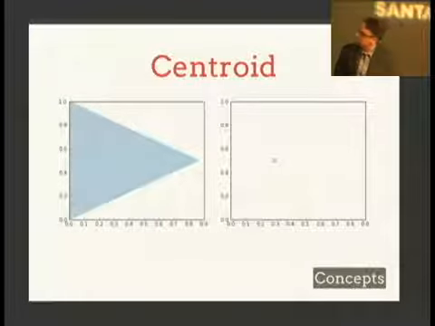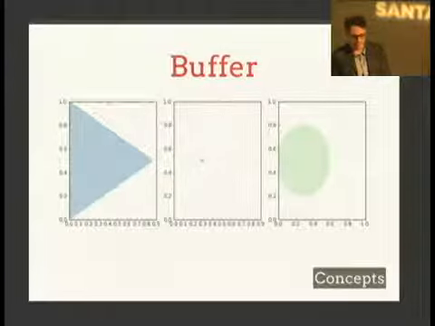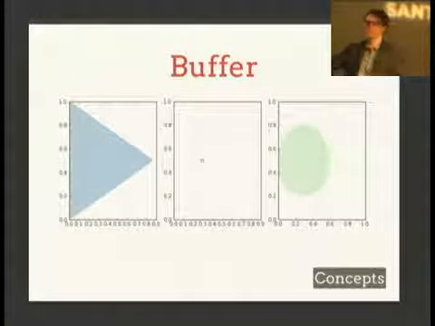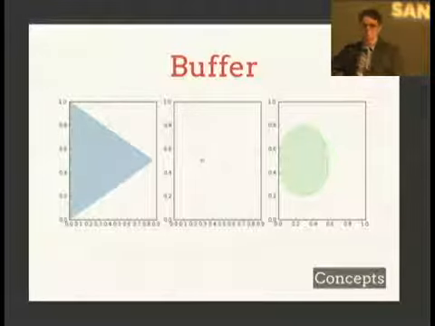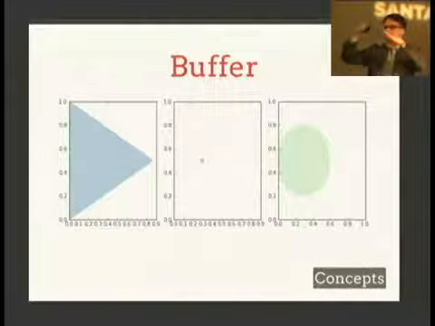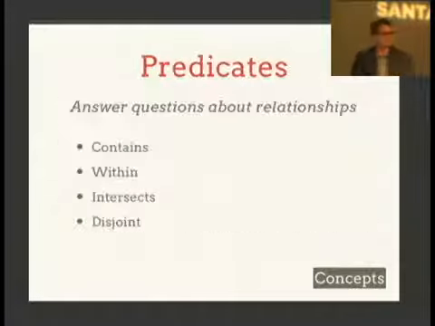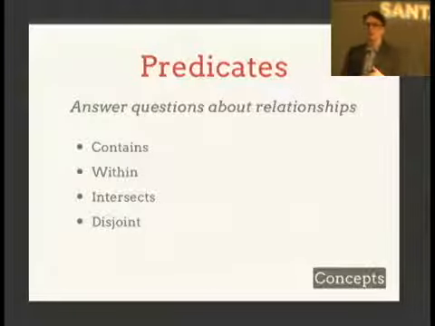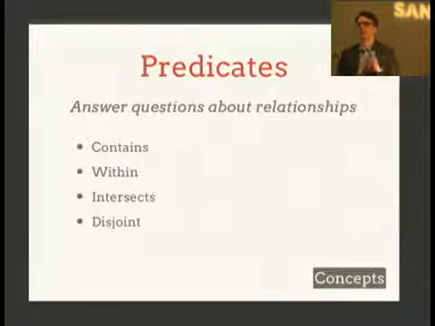A centroid point for this polygon and a buffer of that centroid. So a buffer of a point creates a circle. A buffer of a line string would create kind of an ellipse, or a buffer of a polygon would create some crazy looking polygon. And then we also have operations, we have predicates, and predicates answer questions about the relationships